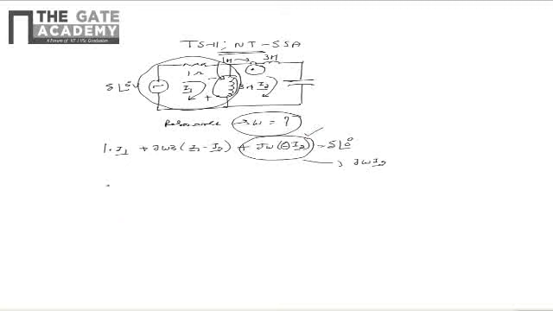Similarly, upon applying the mesh analysis to the second closed path, we can write the mesh equation as j omega 3 I2 plus, this is a 2 farad capacitor, plus 1 by j omega 2 I2 plus j omega 3 multiplied by I2 minus I1. So these are the drops due to the self-inductance. Now let us consider the drops due to the mutual inductances, which can be written as plus j omega multiplied by I2 minus I1